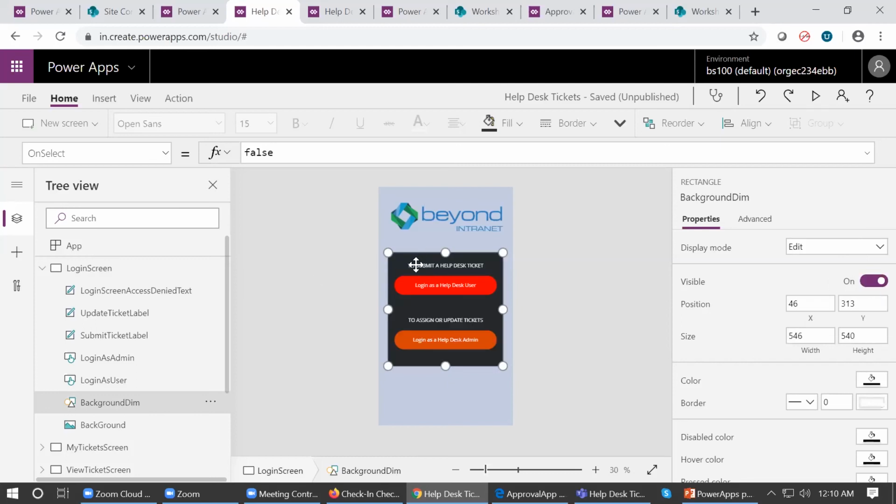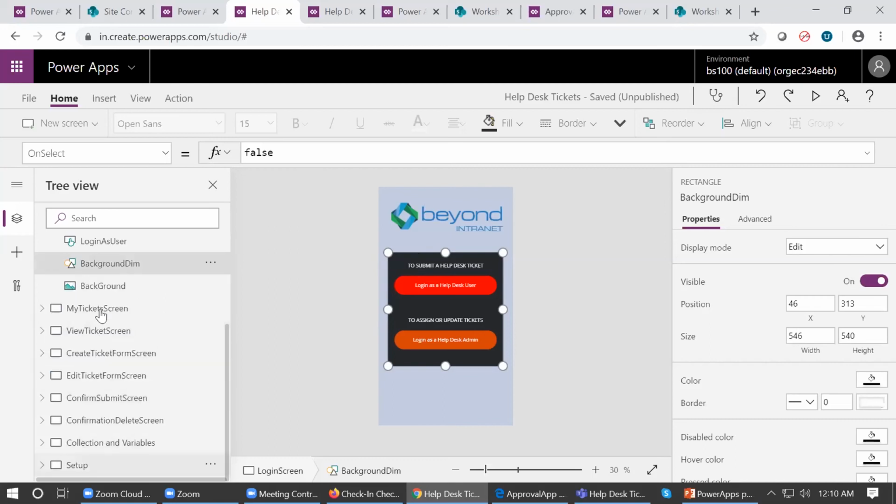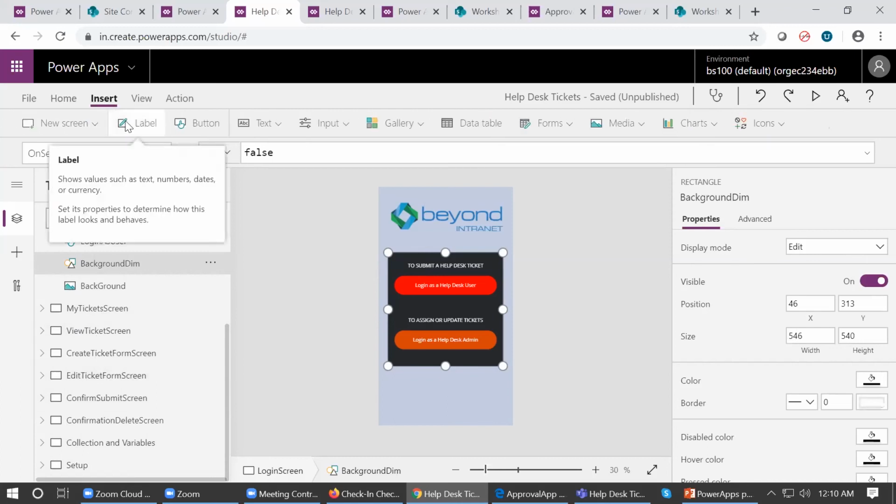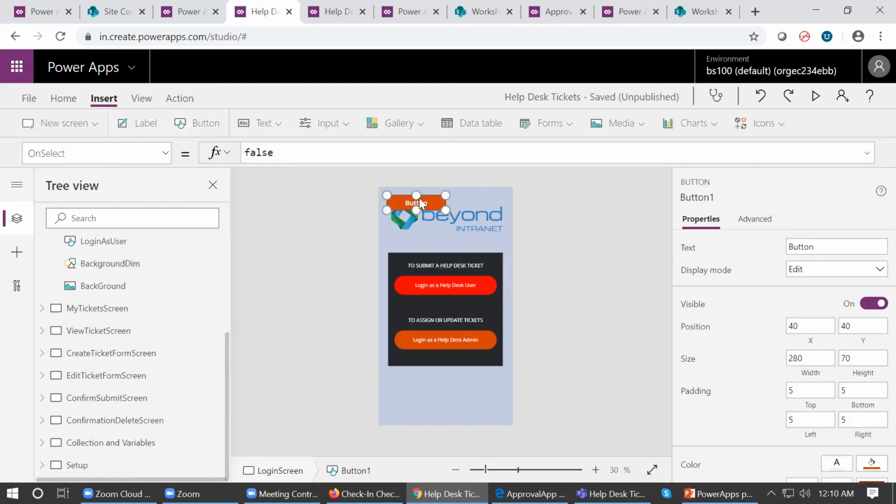So similarly, there are labels here, and there are different controls I have already placed on the screen. And in the insert tab, you can see all the controls available on Power Apps. There are labels, there are buttons. So let me drag and drop one button on the screen. So I have one button on the screen, and when I drag and drop it, I can put it anywhere on my screen.